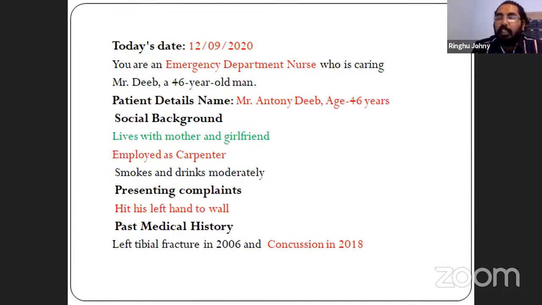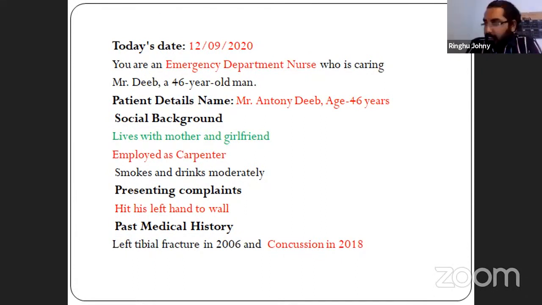So we can write, I am writing regarding Mr. Antony Deeb, who is presently recovering from closed reduction and immobilization of left fifth metacarpal fracture, comma, requires ongoing care and management. That's one way. Or you can write,